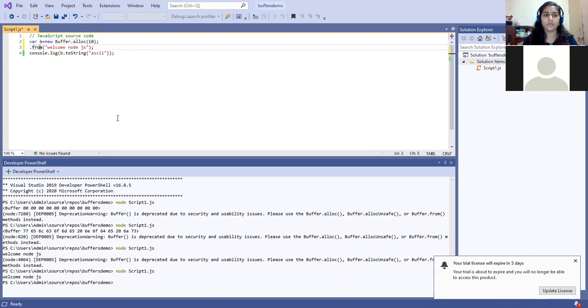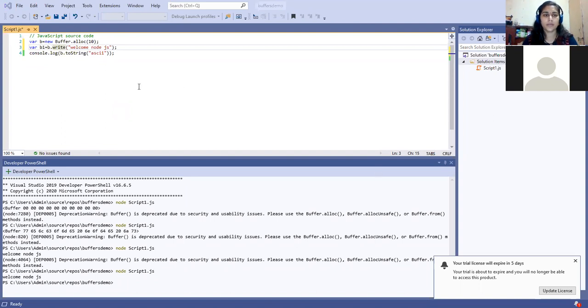Now I have to write to this buffer. So I write one variable, suppose b1, to check whether it is written properly or not. So var b1 equal to, in which buffer I want to write, b. So b dot write and whatever I want to write.